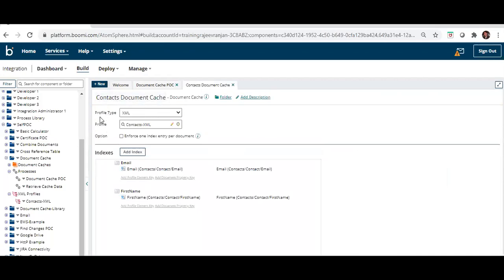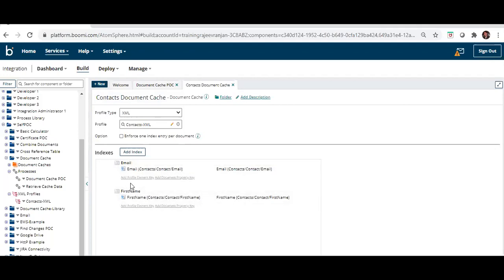What am I caching? I am caching the profile type, which is XML, and the profile is our contact XML. And here I have put two indexes: one index is email, and the other is first name. By using those indexes, we will be able to perform a lookup in the cache data and retrieve particular data on the basis of the indexes.